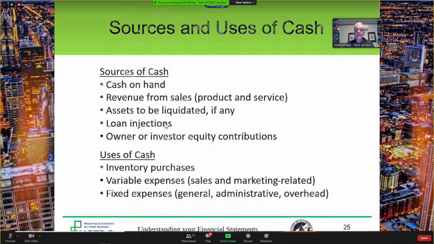Loan injections can be an excellent and very appropriate source of cash if it's the right type of loan for the right purpose. Owner or investor equity contributions, again, so the difference between loans, which is a debt source of cash, and equity, which